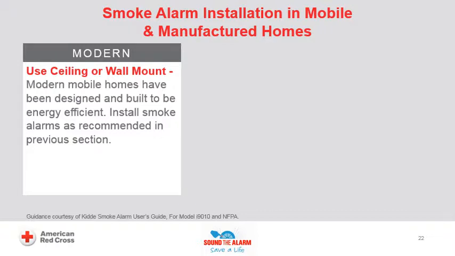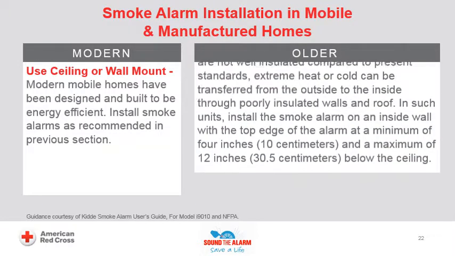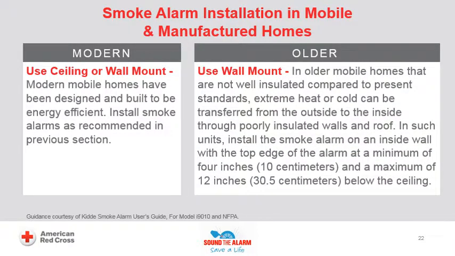Modern: use ceiling or wall mount. Modern mobile homes have been designed and built to be energy efficient. Install smoke alarms as recommended in the previous section. Older: use wall mount. In older mobile homes that are not well insulated compared to present standards, extreme heat or cold can be transferred from the outside to the inside through poorly insulated walls and roof. This may create a thermal barrier which can prevent the smoke from reaching an alarm mounted on the ceiling. In such units,